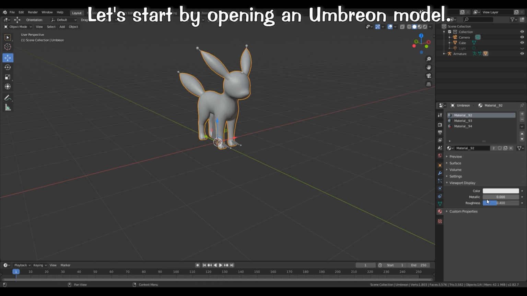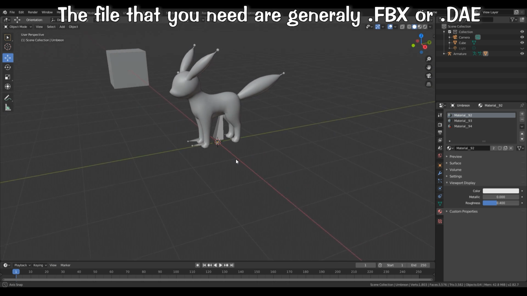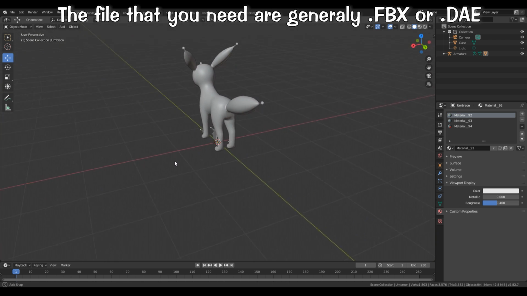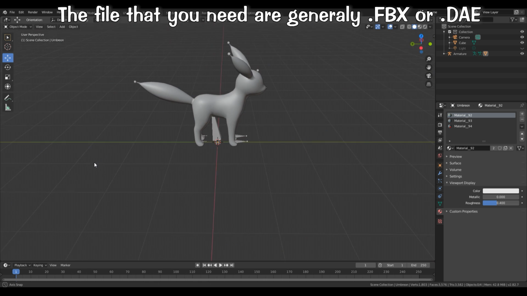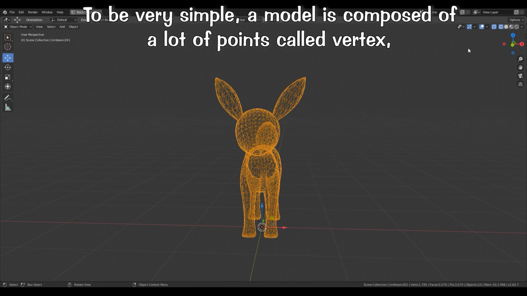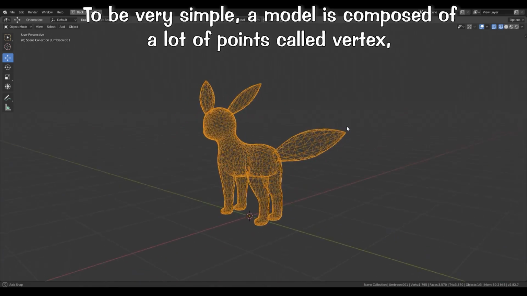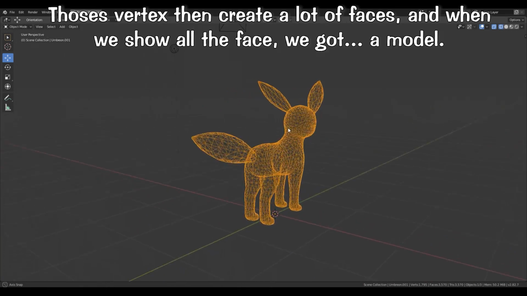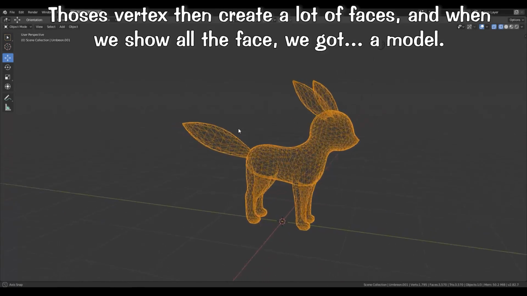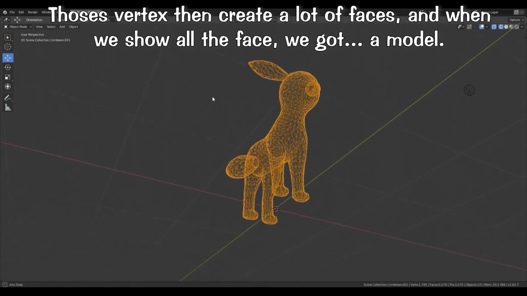So let's start by opening an Umbreon model. The files that you need are generally FBX or DAE. To be very simple, a model is composed of a lot of points called vertices, and those vertices create a lot of faces, and once we show all the faces, we get a model.